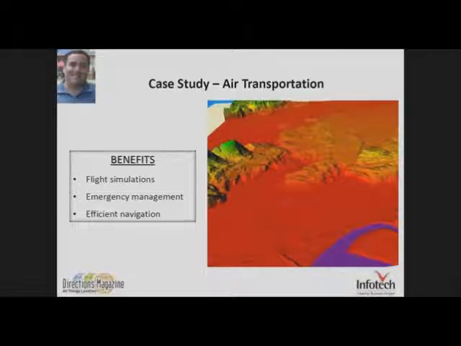Airlines can train their pilots using flight simulators with real-time terrain data. Emergency dispatch can respond faster to situations, and planes can navigate more effectively and efficiently in and around an airport. The transportation industry as a whole uses terrain data as a source for many different initiatives, as we have presented